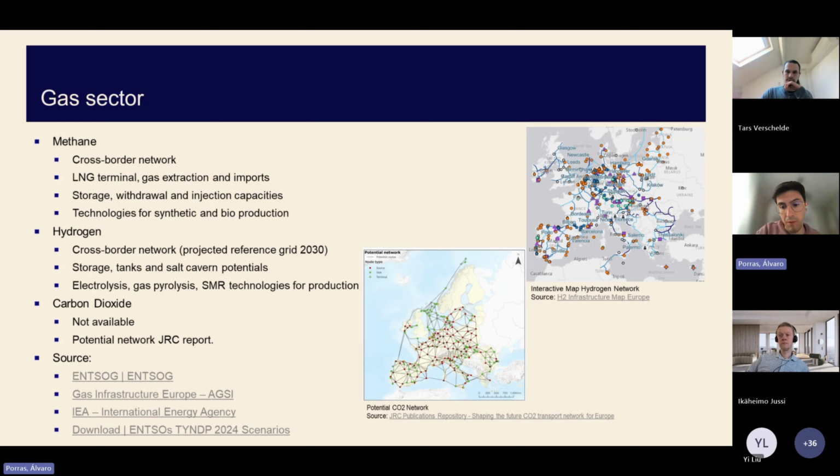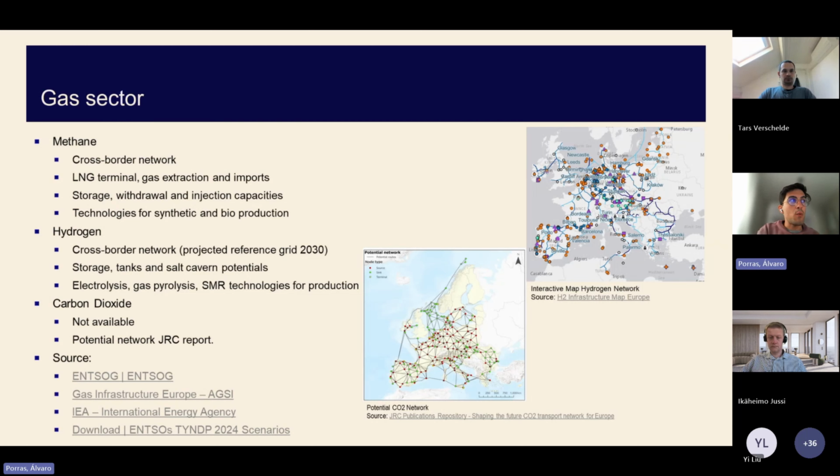For example, biomethane through biomass gasification, biomass digestion and upgrading, or on the synthetic side, for example, methanation to produce methane from hydrogen and carbon dioxide. In the case of the network, investments are not allowed. So the main idea is that the network is fixed, basically.